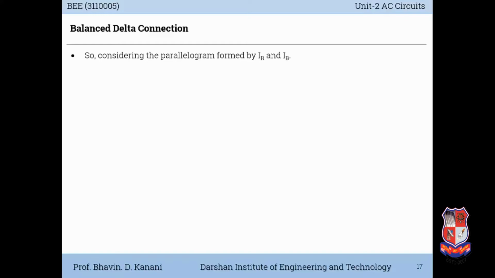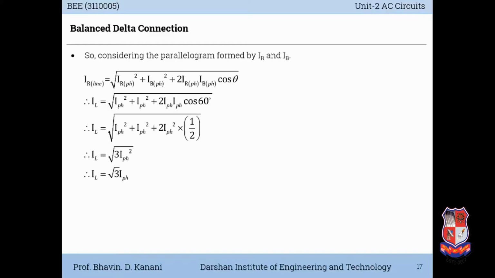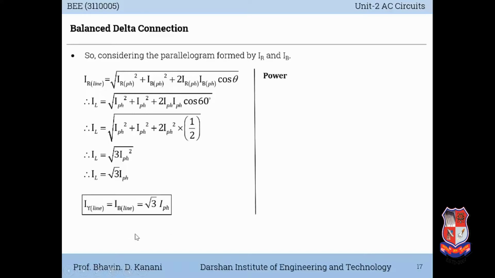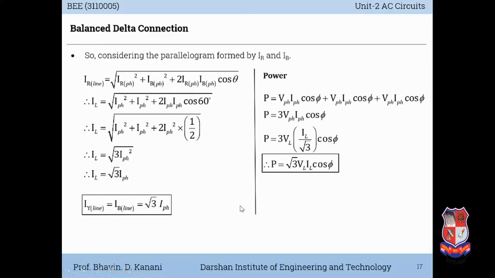So considering the parallelogram formed by IR and IB, the equation for line current with respect to phase current is nothing but the line current is equal to √3 times phase current. This is the relation. For पावर इन डेल्टा कॉन्फ़िगरेशन बैलेंस्ड कंडीशन, सेम वे जैसे ही हमने स्टार कनेक्शन में इक्वेशन डिराइव किया था वैसे ही डेल्टा कनेक्शन में इक्वेशन डिराइव होता है। तो इसमें अल्टीमेटली आएगा टोटल पावर P इज इक्वल टू √3 टाइम्स VL IL cos φ।